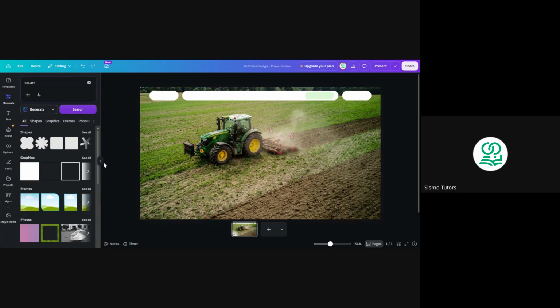Are you guys following so far? Okay. Now we're done with this navigation section. We're not going to be adding any text yet, but once we start adding text, you'll understand what we are doing. Now, the second thing we are going to work on is